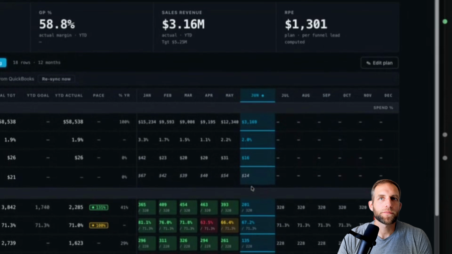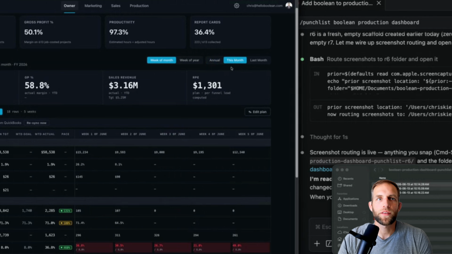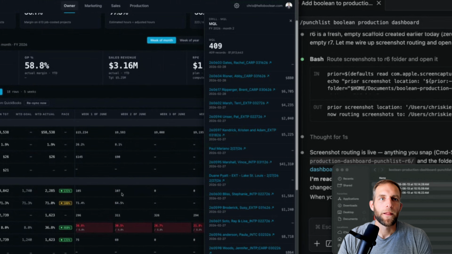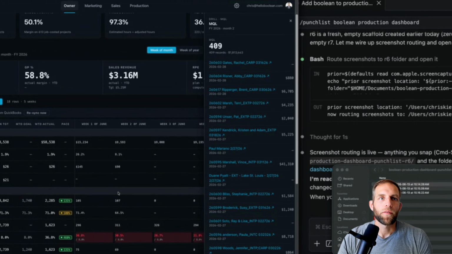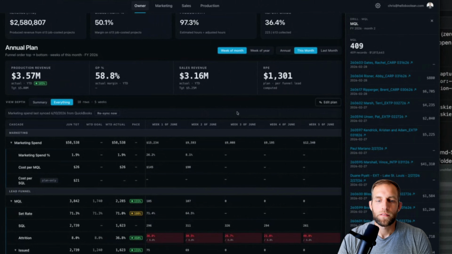All right. Then the other thing I'm noticing is that when I switch to this month and I click on a number, so for example, on this MQL, notice that the number I clicked on was 107, but the